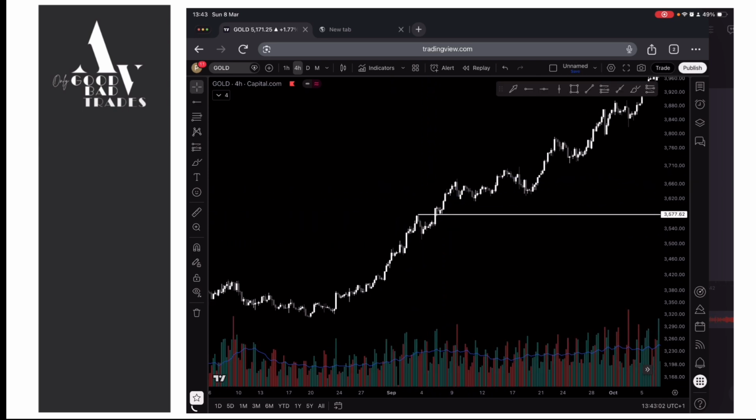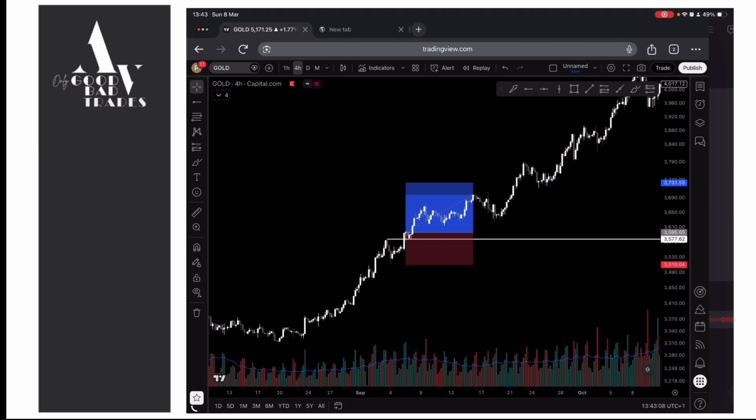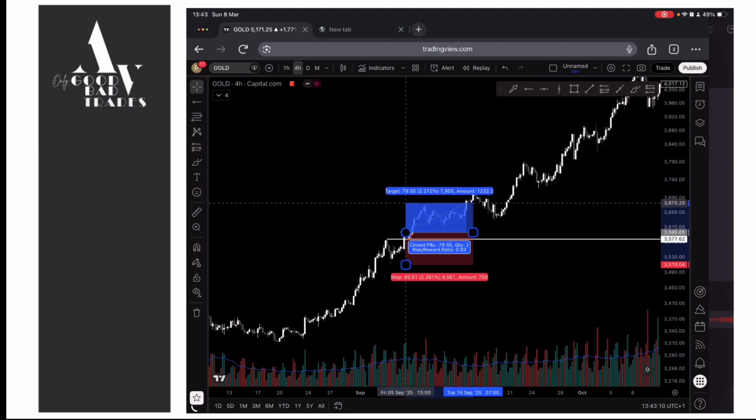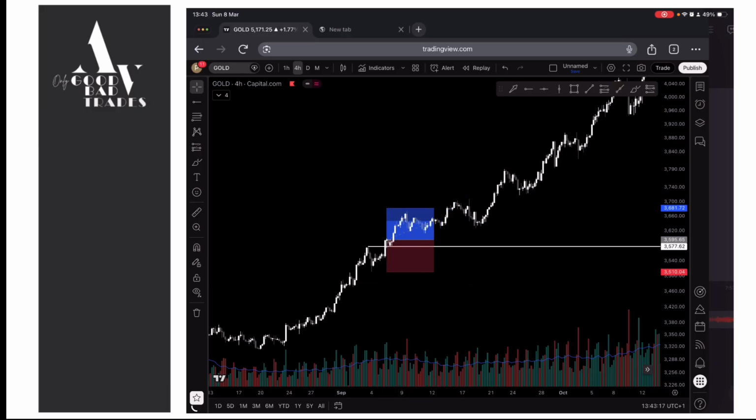We start here. A proper break was this. Let's stop loss the lowest point before the break. 1 hour for zits somewhere here. So we're like, okay, this is fine. The next one,